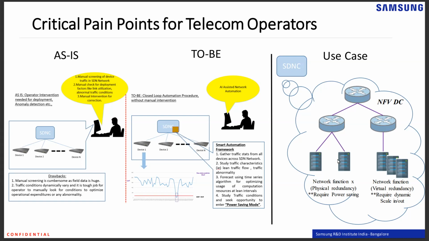We can shut down the server. We can achieve a lot of power saving using that. And on the right hand side of this same diagram, we can see a dynamic scale in, scale out, where we have a single server and we can have multiple virtual machines running on it. Based on this automation framework, we can scale out and scale in. We can create virtual machines on the fly based on the resources that our network is using at that point